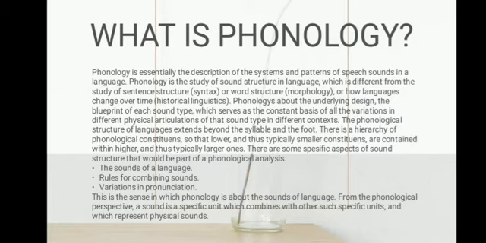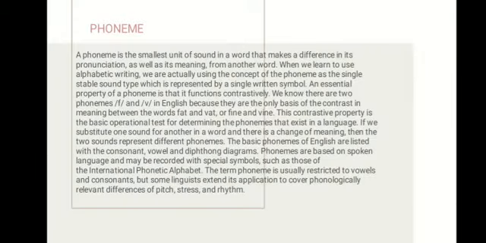Phoneme. Each one of these meaning distinguishing sound in a language is described as a phoneme. When we learn to use alphabetic writing, we are actually using the concept of the phoneme as the single stable sound type which is represented by a single written symbol. An essential property of a phoneme is that it functions contrastively. We know there are two phonemes, F and V, in English because they are the only basis of the contrast